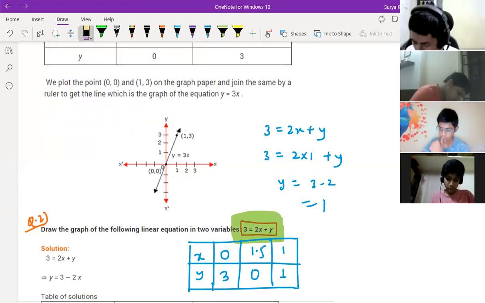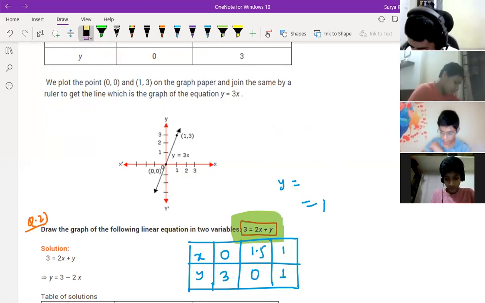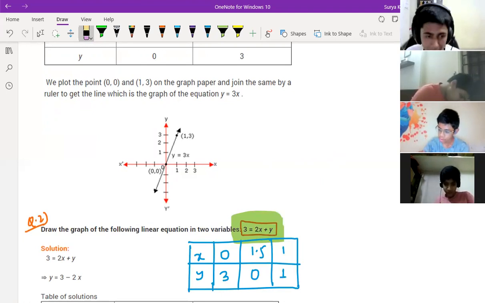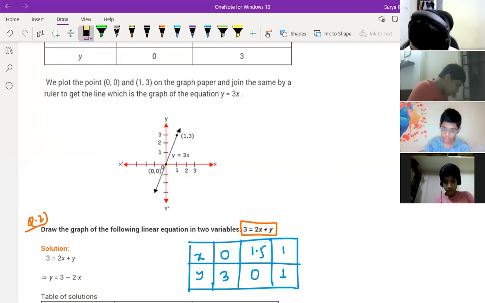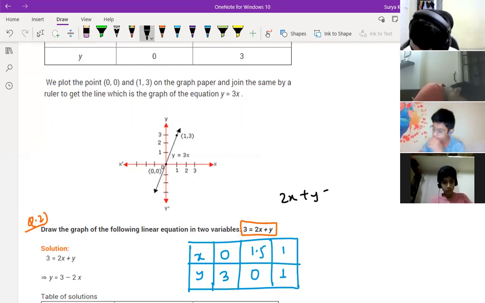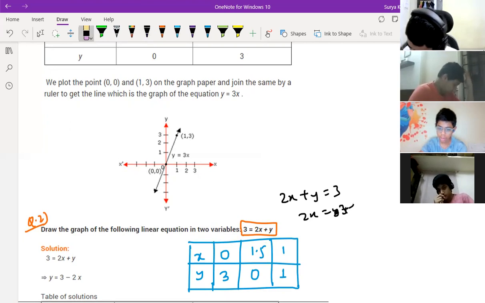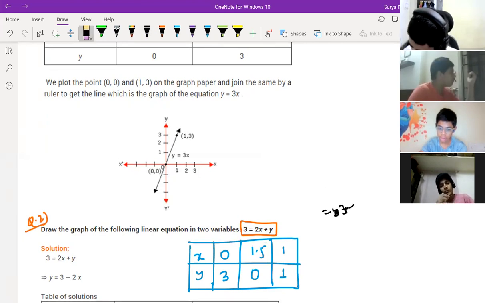Yes, sir. Actually, I have taken 2a, I have just taken 2 as 3. Acha, acha. That's why I got it wrong. So first preference, give the formula: 2x equals 3 minus y, right? Anyway, you can also write it like this, 2x plus y is equal to 3, or 2x is equal to 3 minus y. Your wish, however you want to write. Or you can use the same formula, no problem.